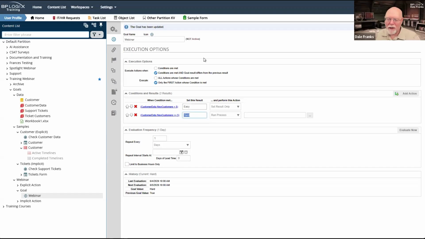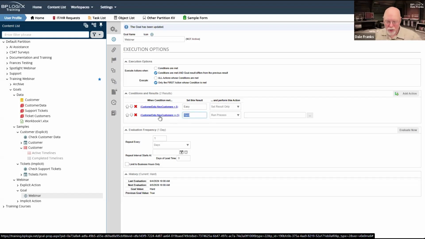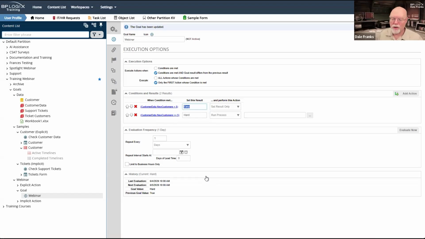So that would be a good time where I want to check that the goal result differs. I only want to run if this is true that I have more than or equal to 5 new customers and the goal previous result was easy. Then I say, okay, well, now I can run this action. Now for us, we're not going to run an action. We're doing an implicit action. So we're just going to go back to set result only.